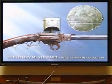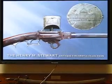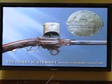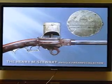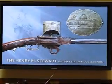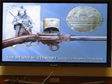So he's trying to show how red-blooded he was and how this was going to be a great thing for the Army. Well, they don't buy the Porter either. This is the only known engraved complete Porter in existence. The Smithsonian has one of these, of this model, but theirs doesn't have the engraving or the magazine feed. Here's a guy actually carrying one of those things. So that's what you had to look like if you...